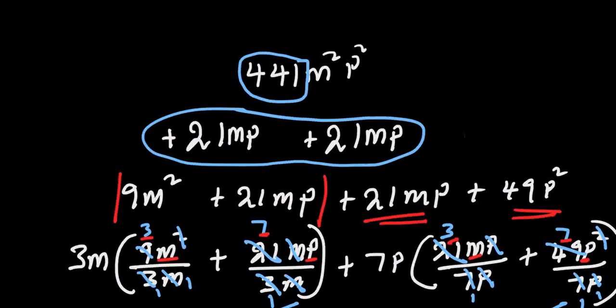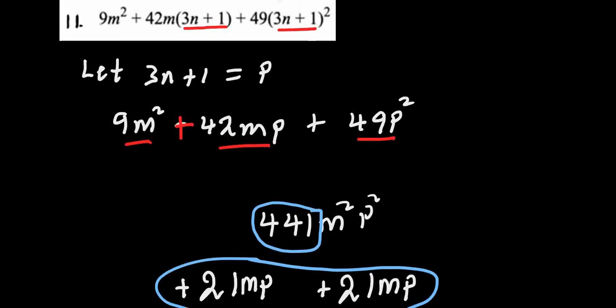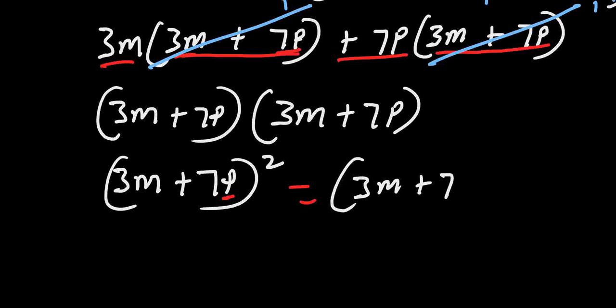Let's just go back and see what we assigned to p. 3n plus 1. So this is the value of p here. Okay, so let's go back now. Let's just open a parenthesis, 3n plus 1 close parenthesis, and so this will be equals to,